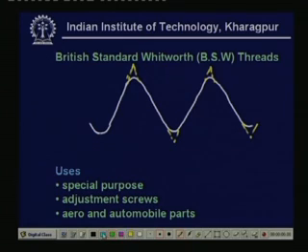This angle is 55°. Now, this has a large root strength, but this has some coarse series, so it is not a fine pitch. All the dimensions can be found in the machine design handbook, but I am not drawing it here. But what is important is that the root strength of this kind of thread is quite high. The root strength is very important because you see this, the thread arrangements,